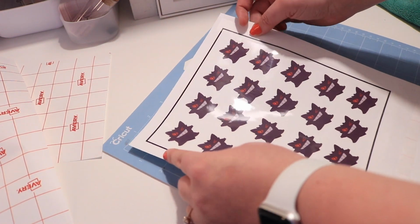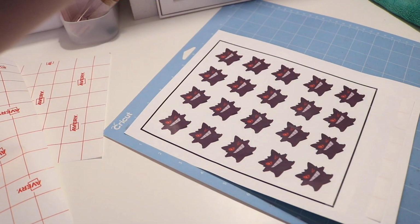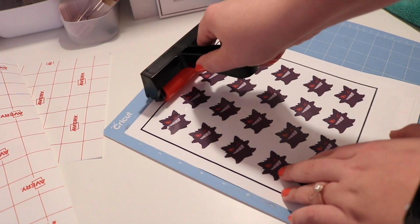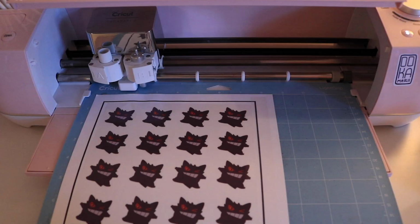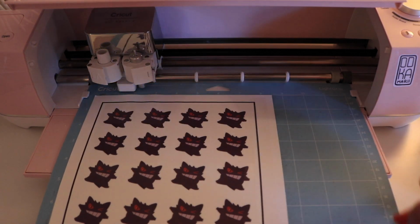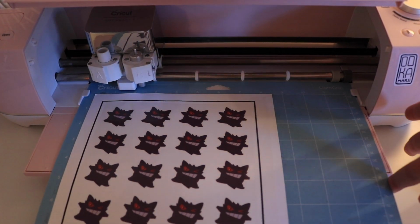So what you do is you put it in the top left corner, and you don't have to have it perfectly lined up, but I use this squeegee rolly thing and I put it around all the edges. If you did it in the middle, I find the stickers are really hard to pull off. So I just go around, make sure your mat is underneath both of those prongs, and I have it pushed over to the left side a little bit more. Make sure your mat is flat,